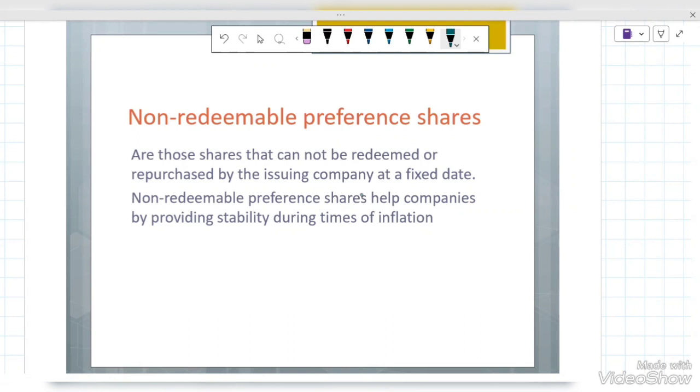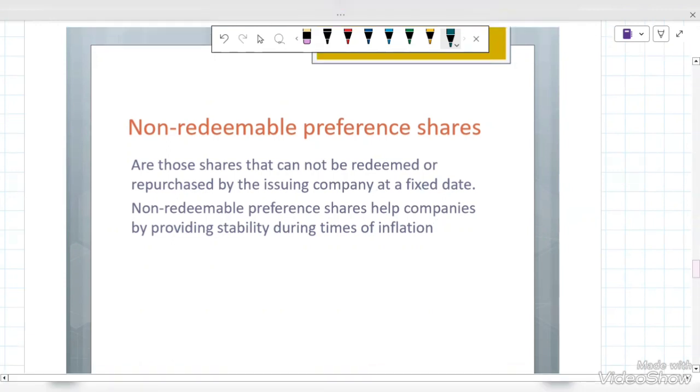The last one is non-redeemable. So it is very easy. This is just vice versa of redeemable preference shares. Non-redeemable preference shares basically are those shares that cannot be redeemed or repurchased by the issuing company at a fixed rate. Non-redeemable preference shares help companies by providing stability during times of inflation. Like if a business wants